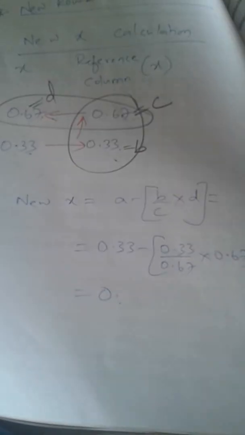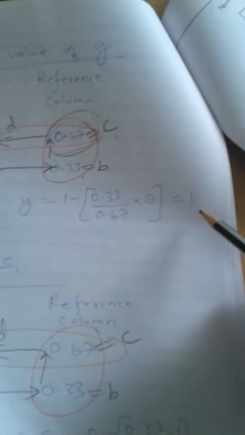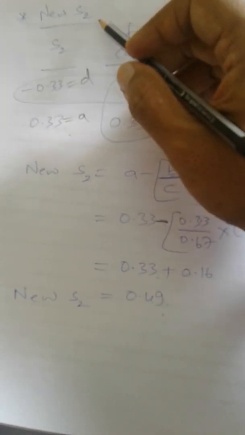Similarly, new row 2 values: x was 0, y was 1, s1 was 0.49, S2 was 0.49 and RHS was 1.02. Okay. Now similarly, all these values are written here. Z value is the same, 3, 5, 0 and 0. This has not changed since the equation is being written. The same values get carried over.